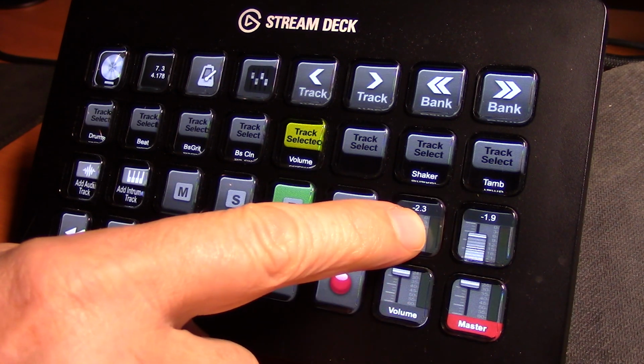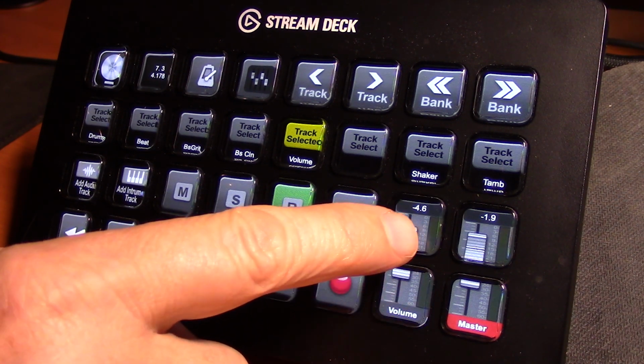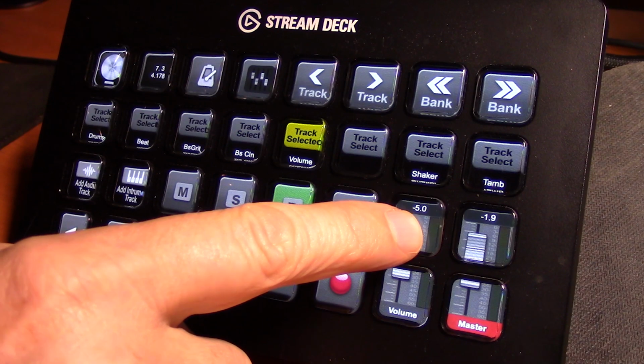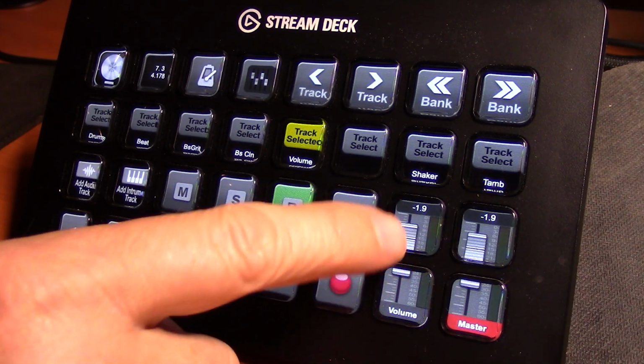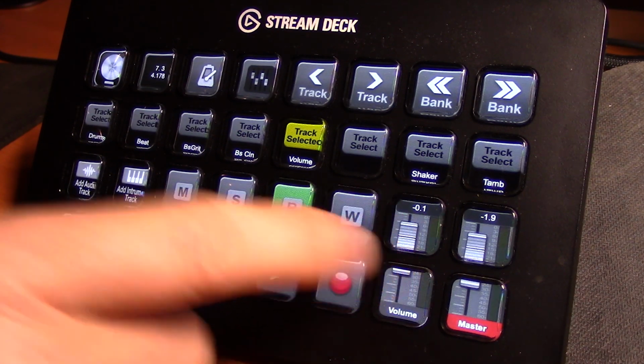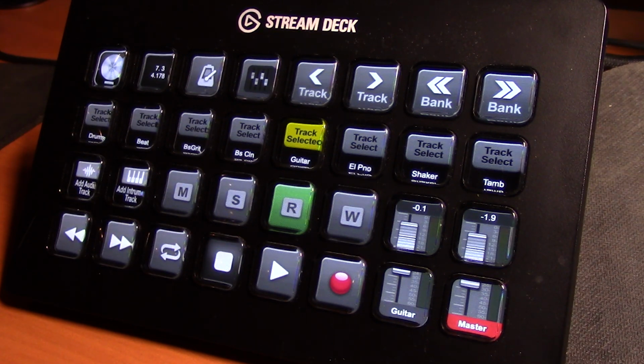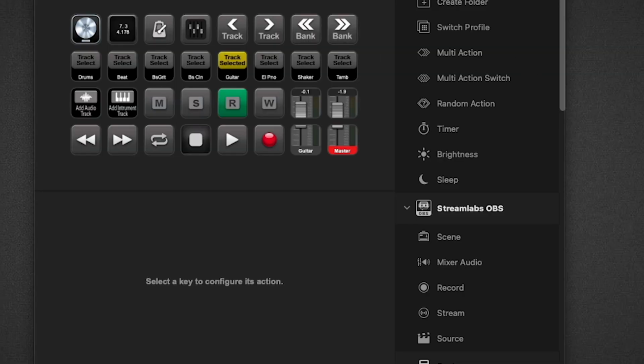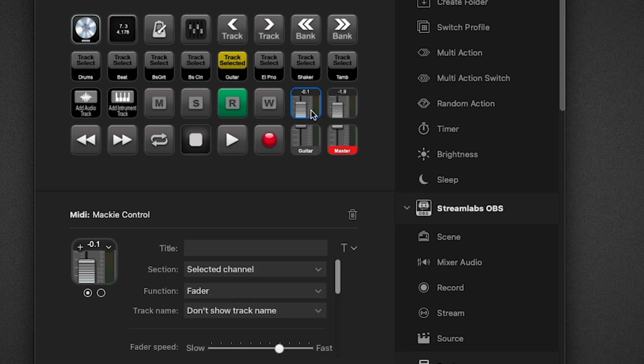Now you may find that the response of this fader is either too quick or too slow for your uses. So this is adjustable, and I'll show you how to do that. So we'll pop out of Logic here, go to your Stream Deck software, and with your profile loaded here, these are the selection fader keys right here. So clicking on it, you'll see in this dialog down here, there's a slider that allows us to adjust the fader speed. So let's say if it was too fast for us, we'll move it down to about here,